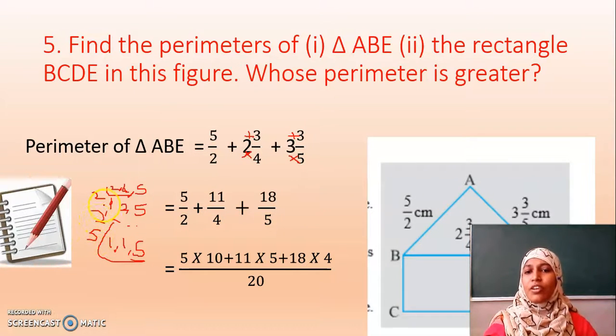So 5 2s are 10, 10 2s are 20. That's what I have written here in the denominator, my dear children. You should do this LCM in your rough column. So I am going to do it directly. What should I multiply by 2 to get 20? What should I multiply?